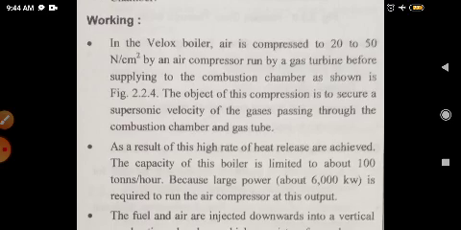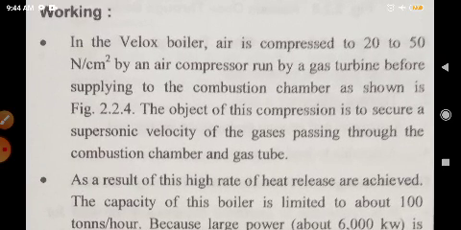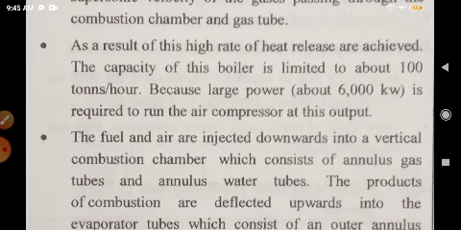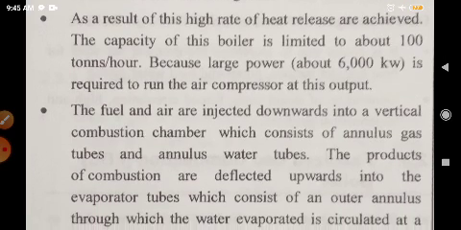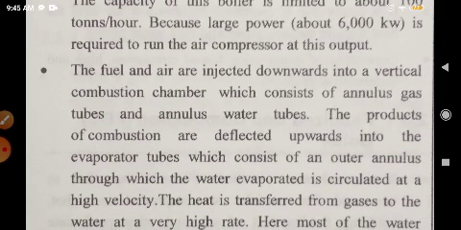Now the working. In the Velox boiler, air is compressed to 20 to 50 Newton per centimeter square by an air compressor run by a gas turbine before supplying to the combustion chamber, as shown in the figure. The objective of this compression is to secure a supersonic velocity of the gases passing through the combustion chamber and gas tubes. As a result, a high rate of heat release is achieved. The capacity of this boiler is limited to about 100 tons per hour because large power, about 6000 kilowatt, is required to run the air compressor at